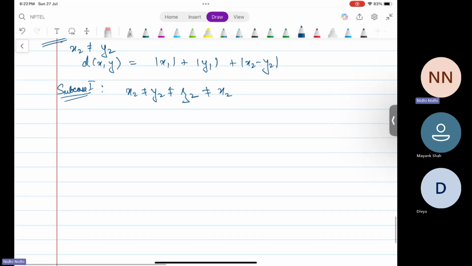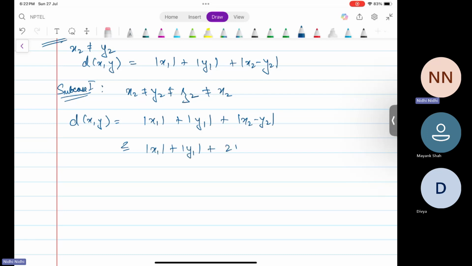In this case, we have dxy equal to mod x1 plus mod y1 plus mod x2 minus y2, which can be written as less than or equal to mod x1 plus mod y1